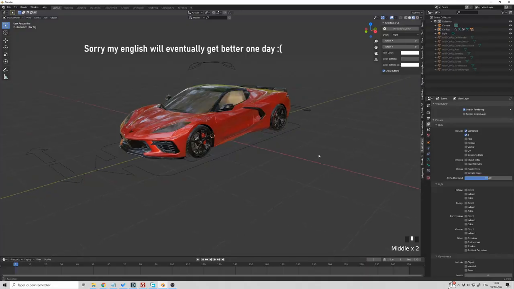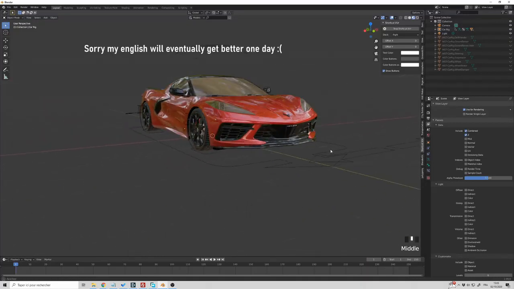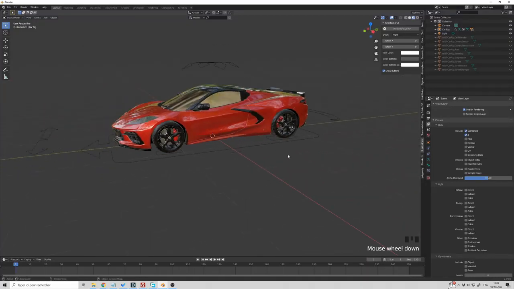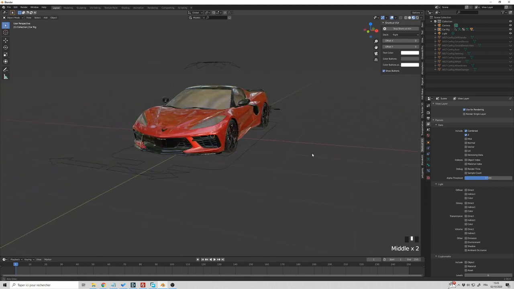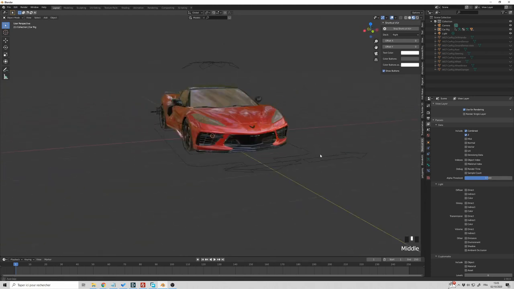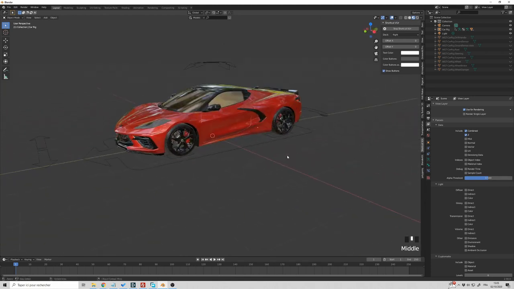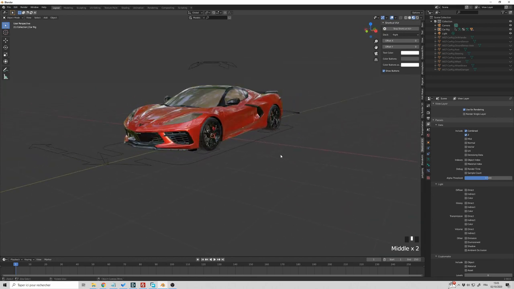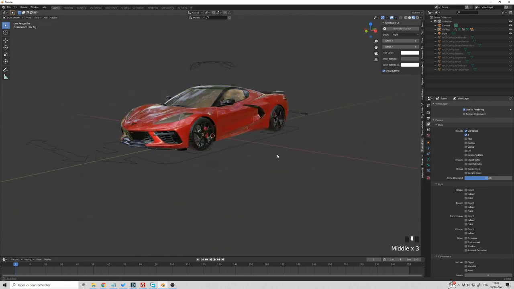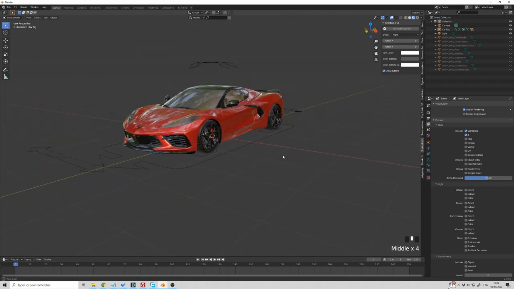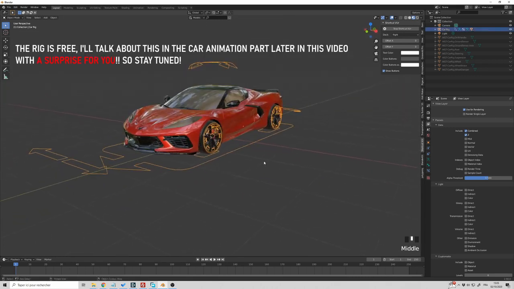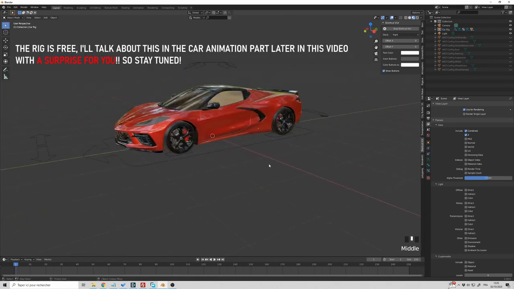First of all, you need a car. I'm using this car from my good friend. I am putting the link in the description. I think his cars are one of the best cars of the market. The texture is great, the material is great, the model is great. And they come already rigged. So don't hesitate to check the link in the description.